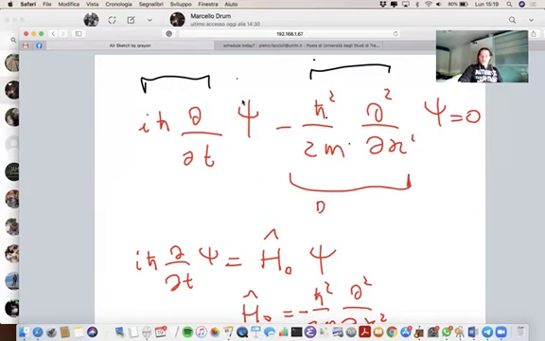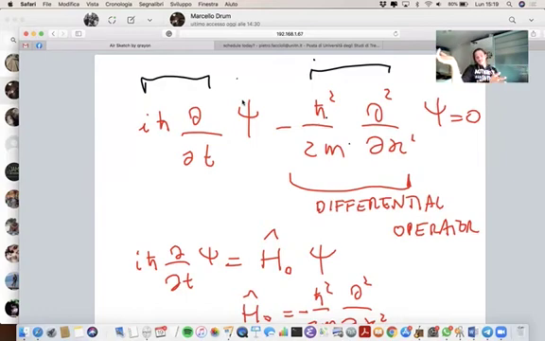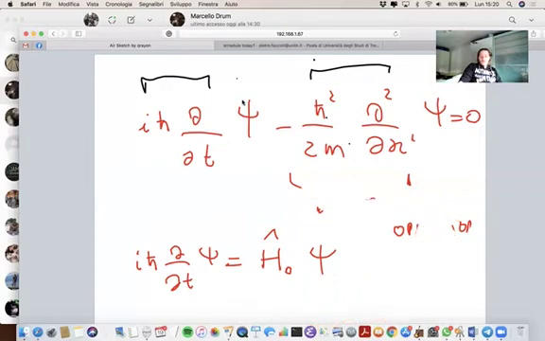is a differential operator. What is an operator? It's basically a mathematical object that takes a function and gives me in return another function. In particular, the gradient, the Laplacian, the rotor, they're all differential operators, as you have seen in the mathematical background classes. So what we arrive at is the conclusion that for a free plane wave, the equation that is a good